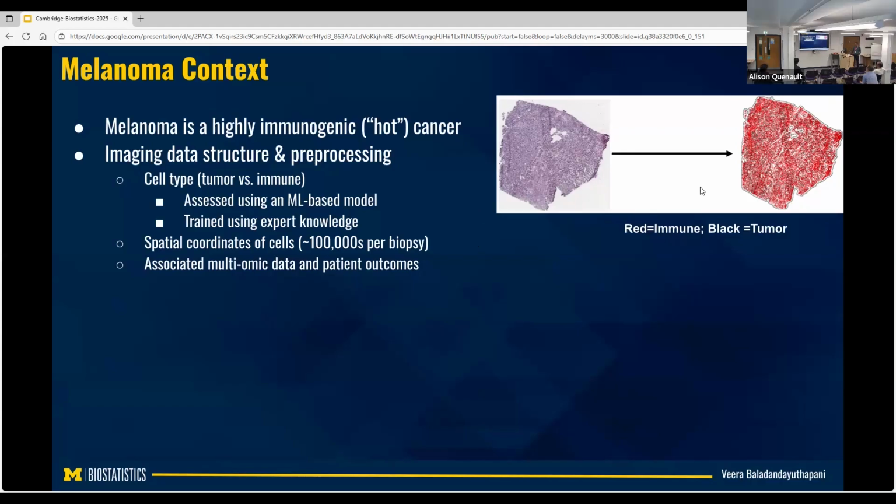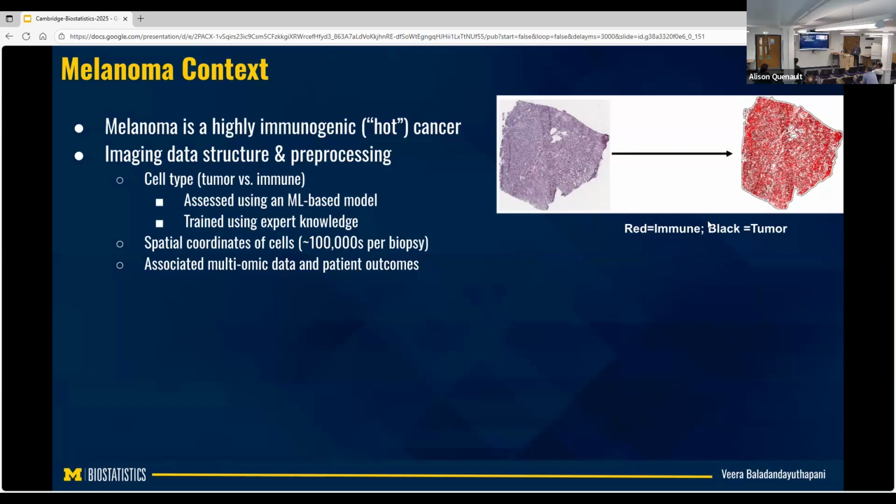So we have these H&E slides. A collaborator of mine and I worked on a machine learning based model to get the cell locations and classify them as basically two types of dots, red cells and black cells, right? The red cells are immune cells, black are tumor cells. A pathologist first told us which cells were which, and then we trained a model based on it. It's a random forest based model. Then we went iteratively a couple of times to clean up the predictions.